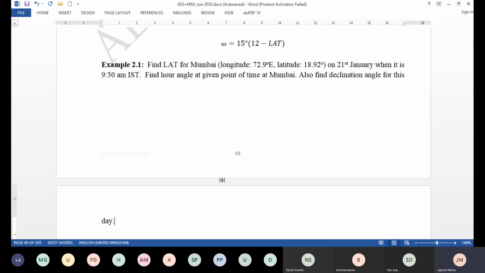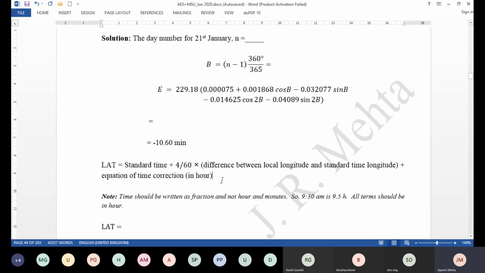time or the solar time for that place, because the Indian Standard Time is based on the meridian passing through Shankargarh near Allahabad, that is 82.5 degrees east, while your longitude may not be the same. So you want to find out what will be the local apparent time at that place when it is 9:30 a.m. in the watch. For that you have to first find out the equation of time correction,